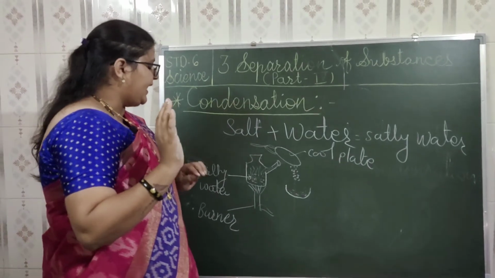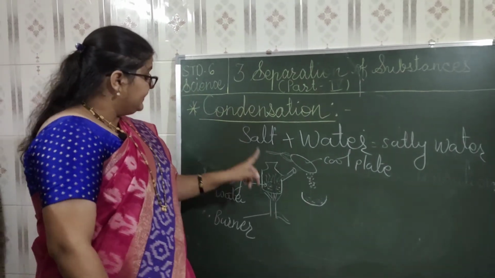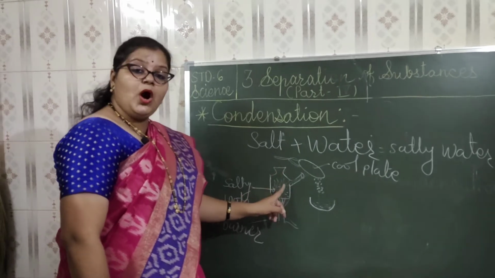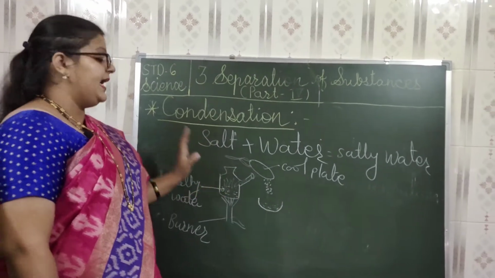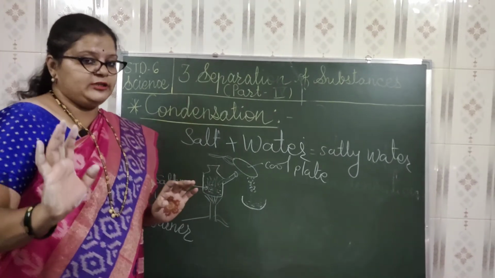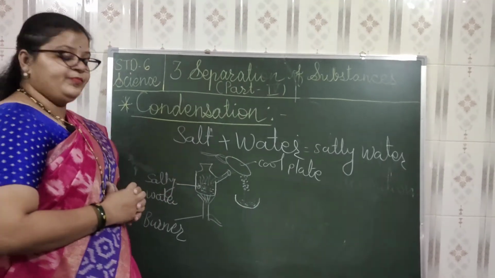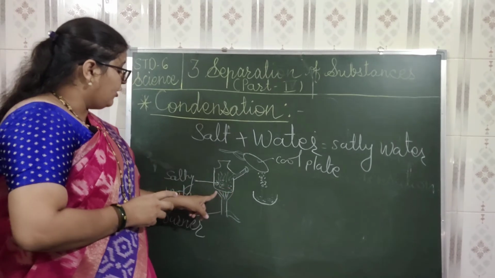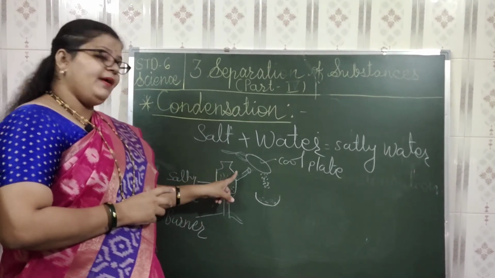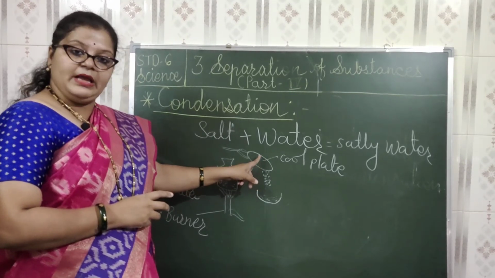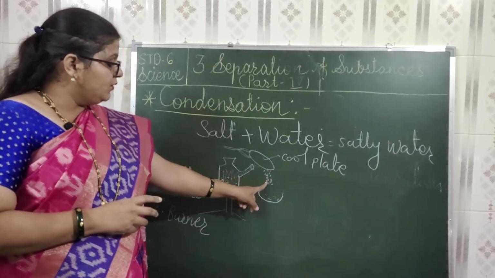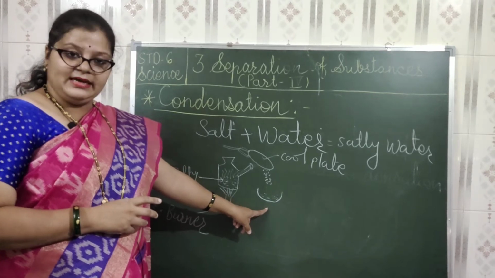This process is carried out until all the water from this kettle evaporates. So what happened? All the water from this kettle turned into water vapors. It struck that cool plate, turned all into water, and was collected back into another container.